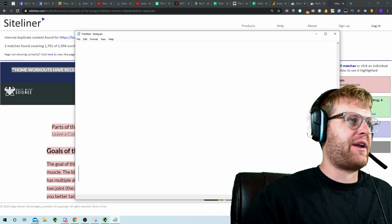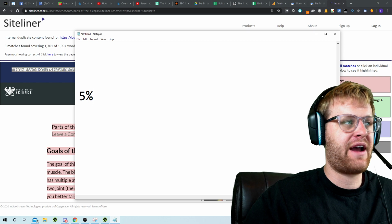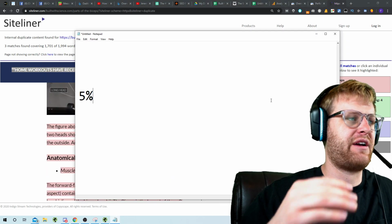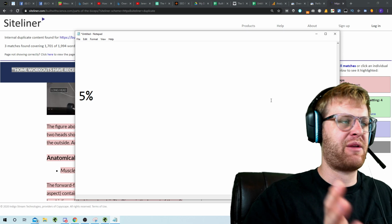If the page you're trying to rank is duplicated and has above 5% duplicate content, which you want to keep at about a 5% maximum, unless it's supplementary content. So if there's content in the sidebar or the footer that's causing more than 5%, don't worry about it. But if it's main content, meaning it's the content that's supposed to be unique to that page, not in a sidebar, not in a menu item,